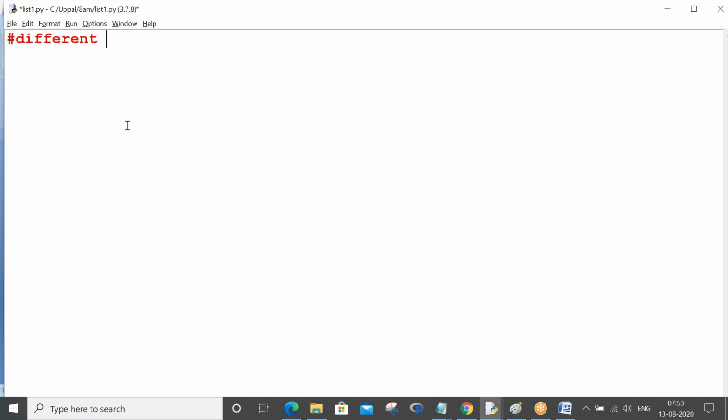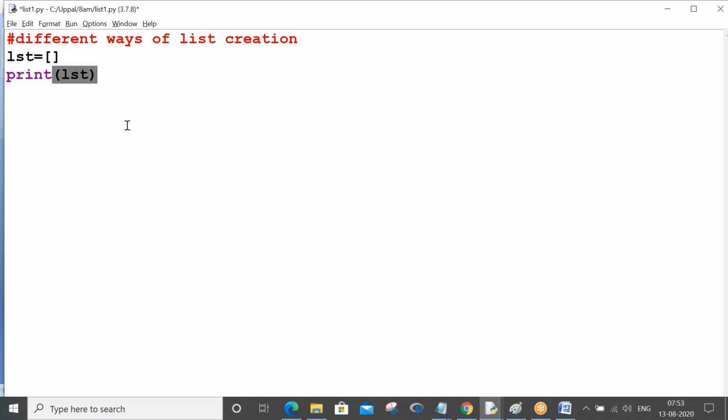Okay, different ways of list creation. Now let's see. LST is equal to open and close. You all know that LST will represent a list, which we represent with square braces.